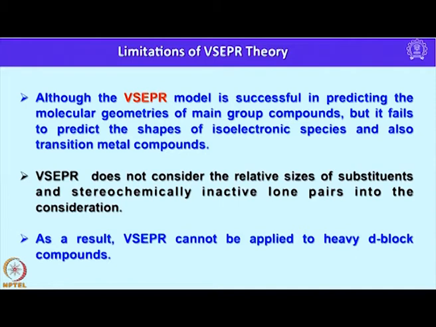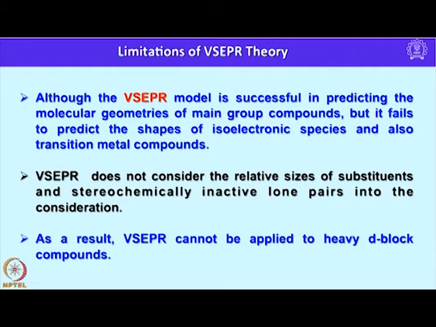As a result, one needs to look for a different bonding concept, especially for explaining the bonding in transition metal complexes. Of course, in case of transition metal complexes, 3 theories have been successfully used. One is valence bond theory, another one is crystal field theory, and another one is molecular orbital theory. In case of crystal field theory, we always talk about the ligands and metal ions as point charges, and the interaction between the metal and the ligand is purely electrostatic in nature.